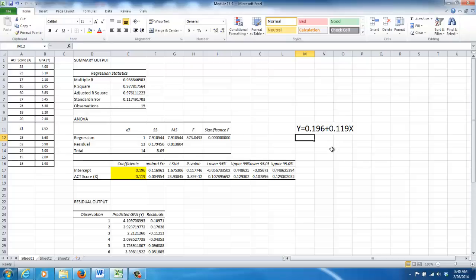So how do we use the regression line? Now let's say somebody's ACT score is 35. So I'm going to write here ACT score, and this is 35, so I put here 35. So what is our estimated GPA? So our estimated GPA, I need to write a simple formula, which is equals intercept plus slope,